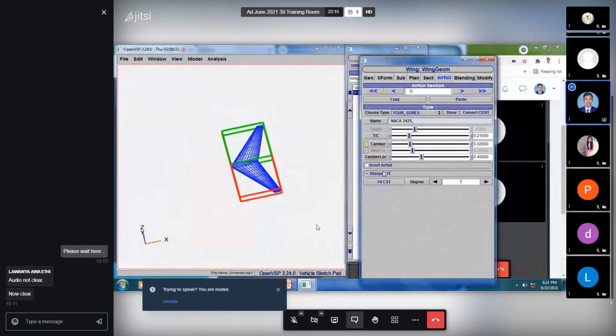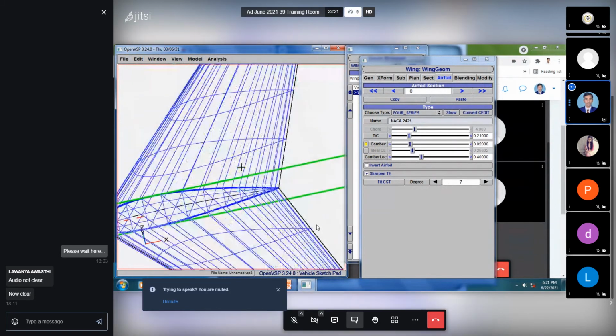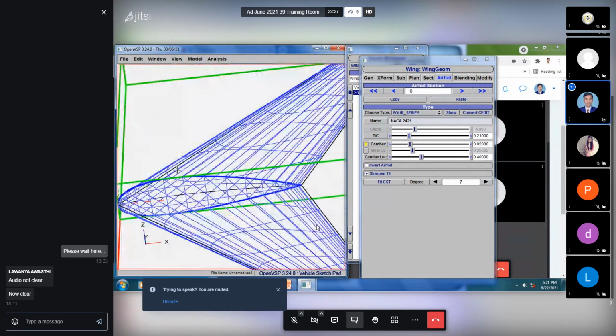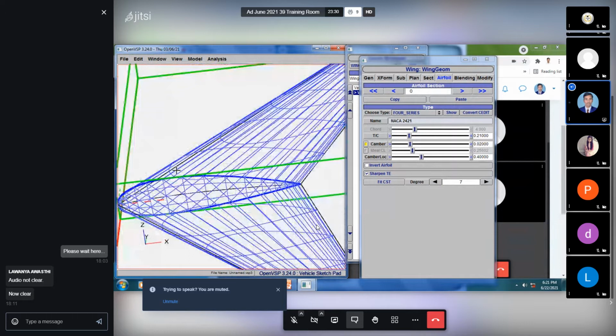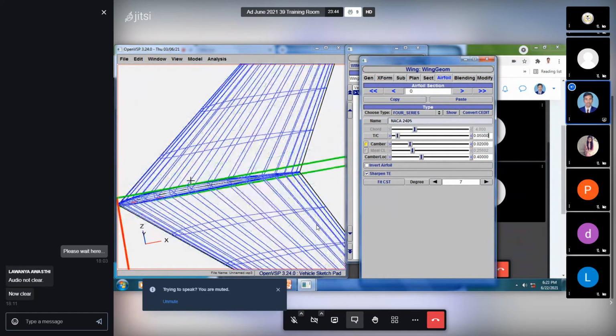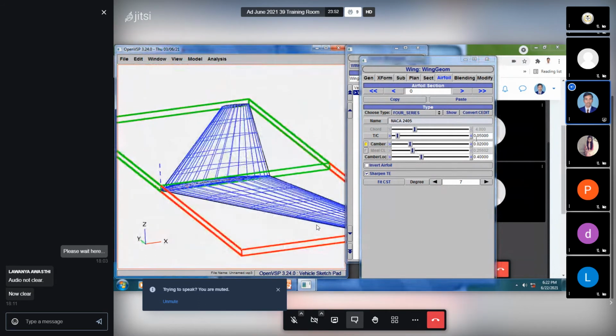Okay, like this you can change the aerofoil of your model. Okay, see, you can even come to your model, you can see clearly. Now I will just disturb, yeah, thickness I will reduce. Okay, I will reduce 21% to 5%. 5% is 0.05. Enter. See, completely it became a thin aerofoil. Thickness I have reduced from 21% to 5%.